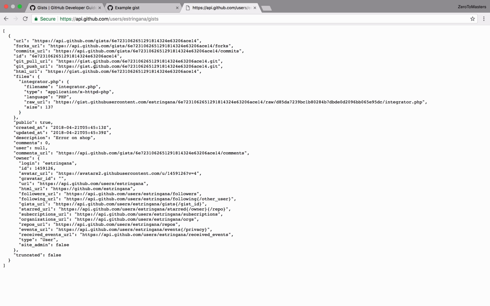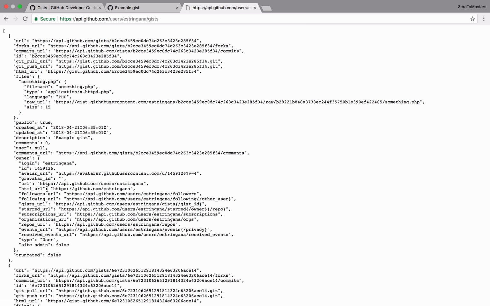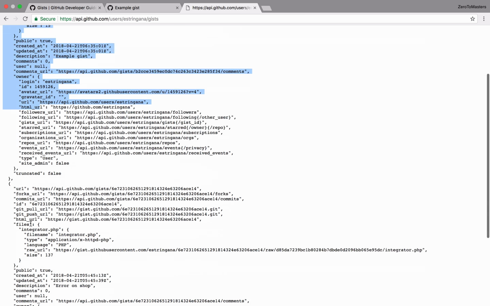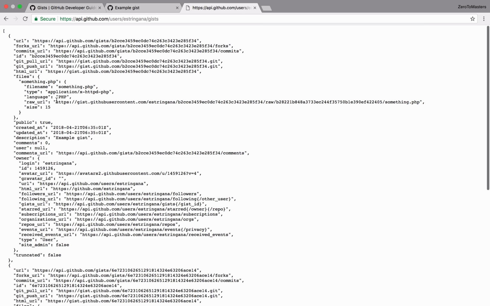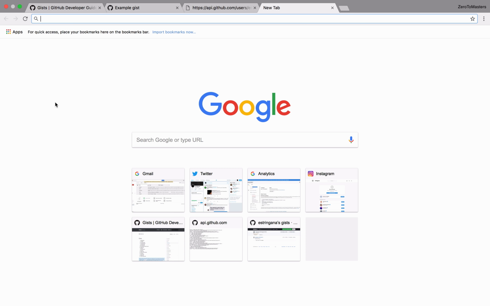So if I hit this URL again, I should see an extra Gist. Let me do that. And yes, we have it. So this is the second one, this is the first one, and this is the new one we've created. So if I copy this URL again and go to the URL, I can see the code there.